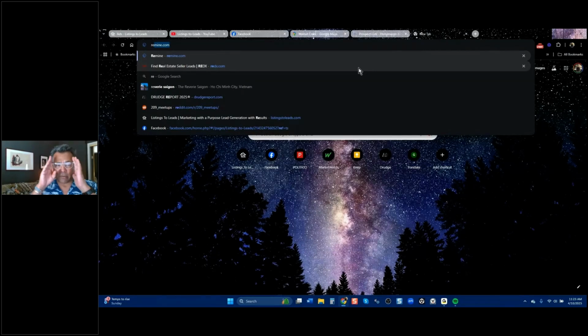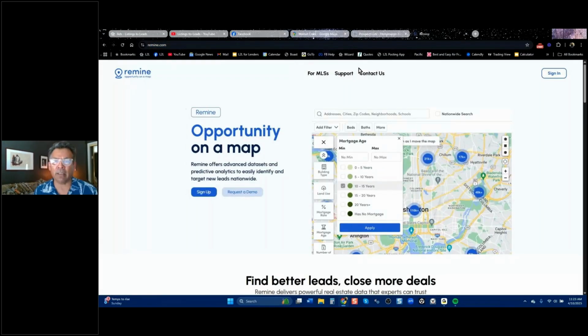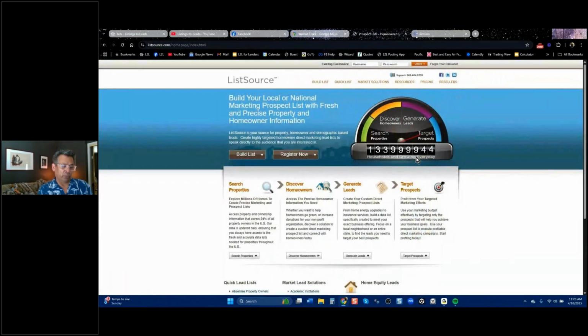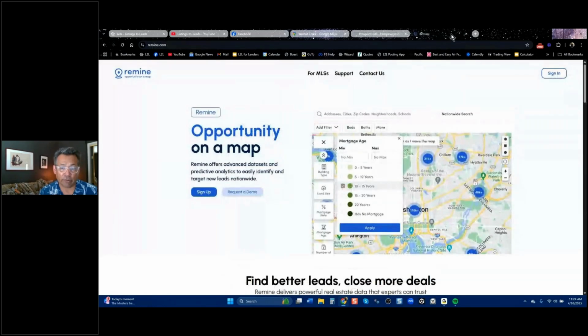So there are companies out there, redx.com, Remine, like ListSource, which is owned by CoreLogic, and Cole Resource and Vulcan 7, that sell you a list of homeowners with more than 5 years equity. And that's an important list to have. You need to have their name, email, and phone number and mailing address. Okay. So if your company, because I was just talking to an agent who said, oh yeah, Remine's part of our MLS, but we never get phone numbers. I said, well, that's problematic because you want those phone numbers, and I'll show you why.